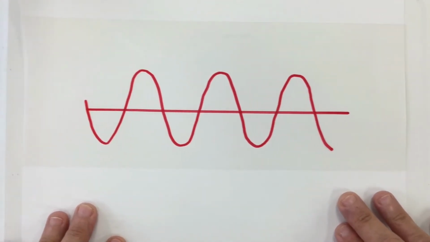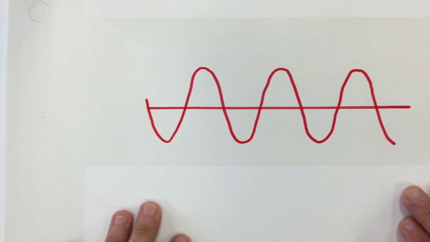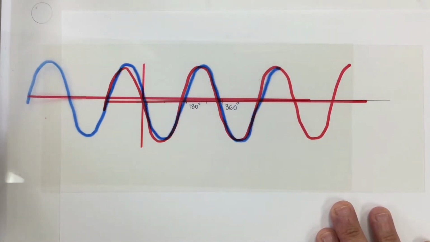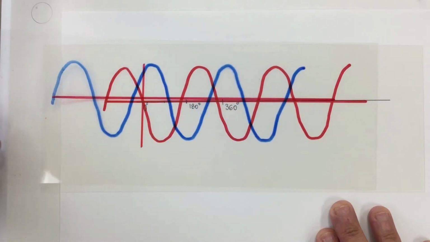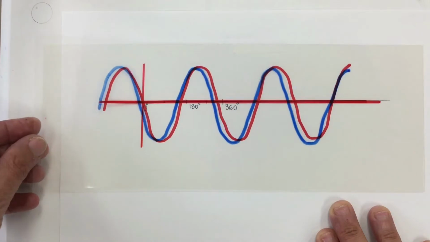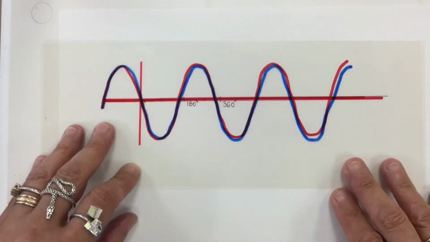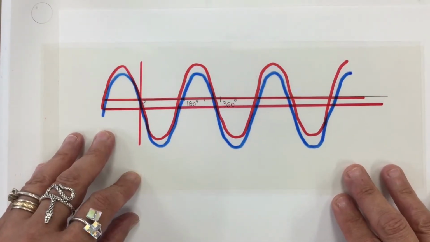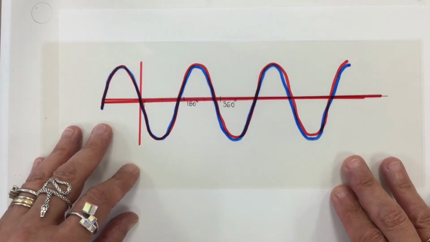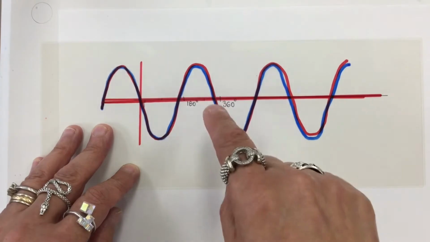This is a traveling wave. Now we have a second wave, the blue one, that is traveling in the same medium along with the red wave. These two waves, the blue and the red one, are coherent waves, which means they have the same wavelength